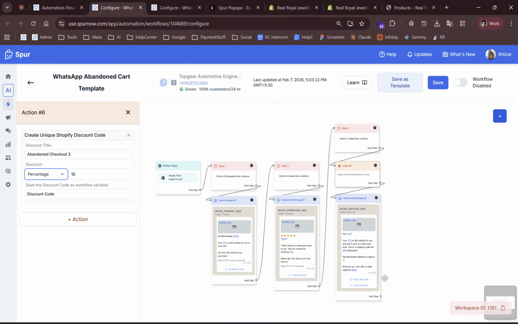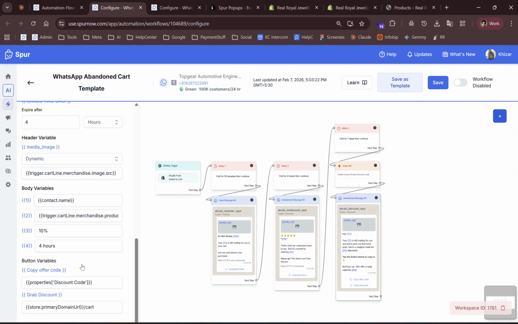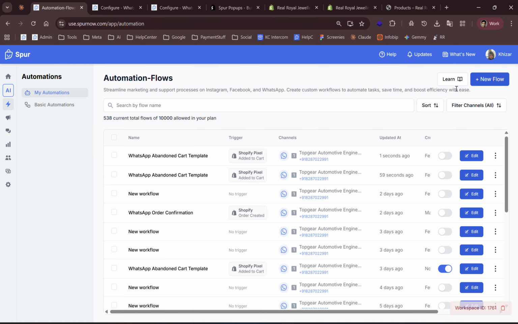It can even be a fixed amount. You get them this LTO message. What that means is a limited time offer thing. It expires after 4 hours. So it drives a sense of urgency in the customer. So they have to buy. And same way with the same thing, we also have